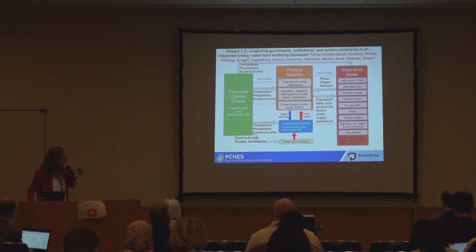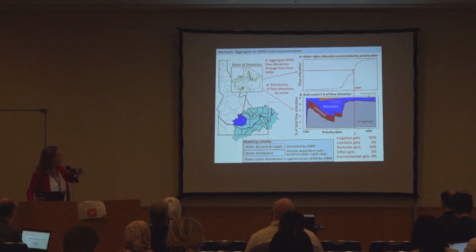The project that I'm leading in my team is really the example I just showed you. So we're looking at issues of how do water rights affect the allocation of water and the competing demands for water. So this is just a quick example. We're building water rights into the water balance model. This is a complex graph, but essentially it says, if this is how much water we have, this is who's going to get it. So we can actually look at the economic impact